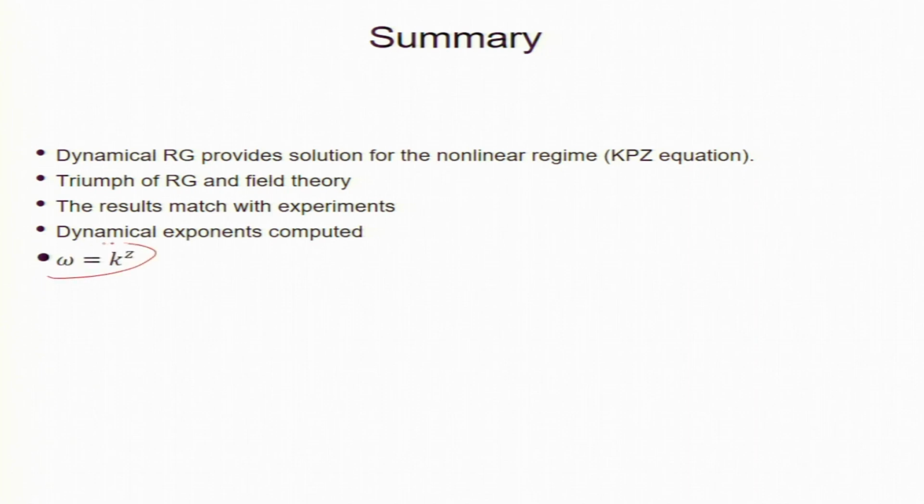And now, remember it was t prime equal to t b to the power z. So, b is like inverse wave number, k to the minus z, and t is like inverse frequency. So, omega is k to the power z. This z is connected with the omega and k relation. I had to do it properly, with t prime, t and so on. But basically from this relation I can get the relation between frequency and wave number, and z is called the dynamical exponent. This is the dynamical exponent.